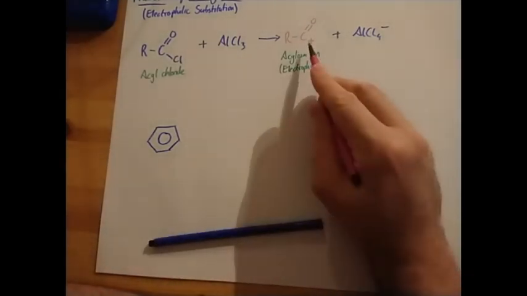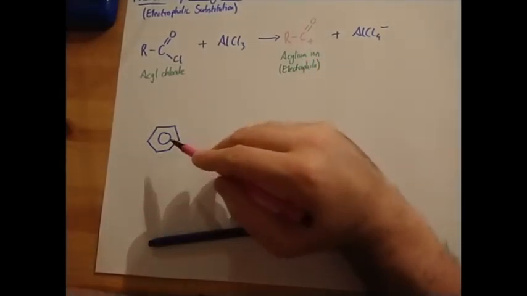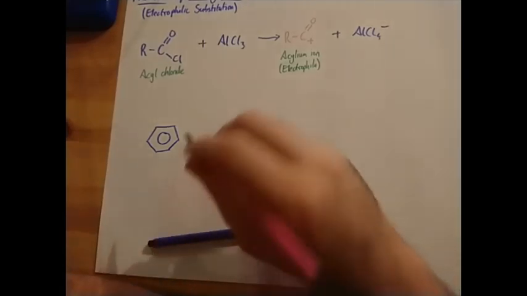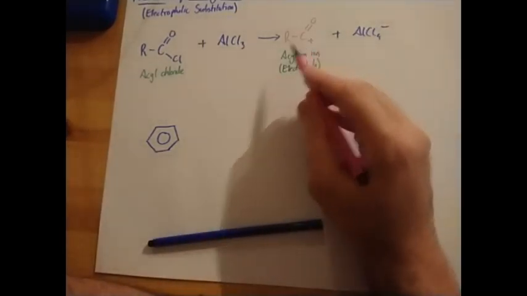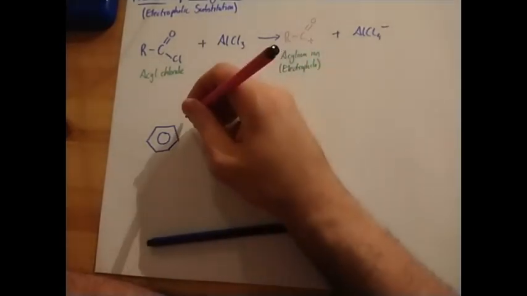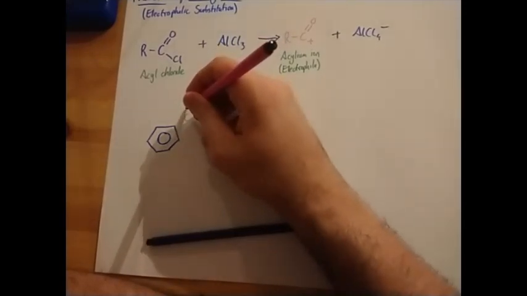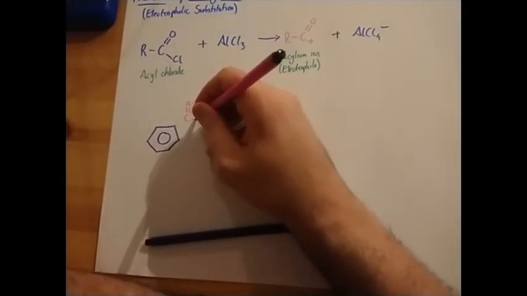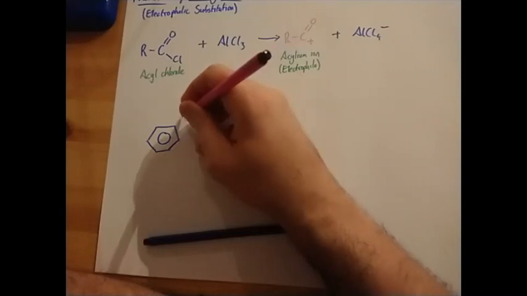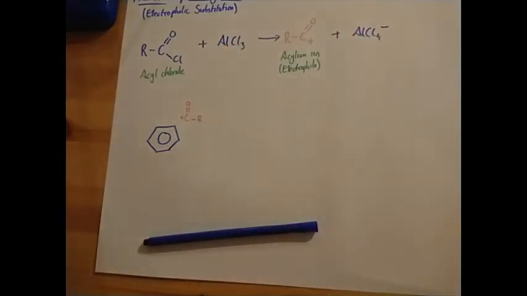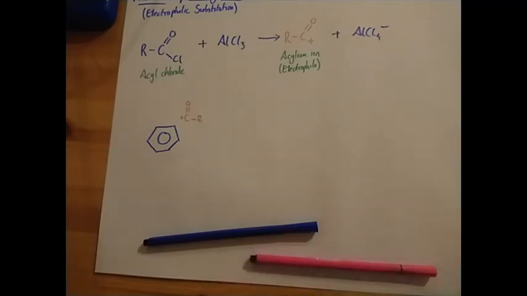Now, when we draw the nucleophile attacking this, we want to put it at the easiest possible angle for us. So we want the positive carbon to be closest to the ring, basically. So I'm going to draw it like that. Again, if you draw it in a different orientation, it doesn't matter too much, but this way just makes it